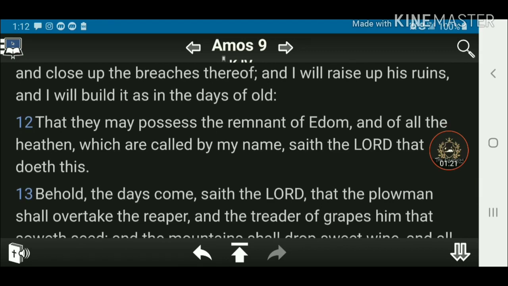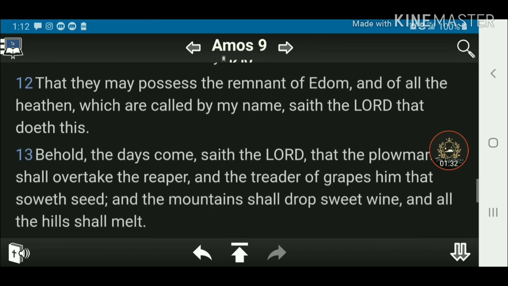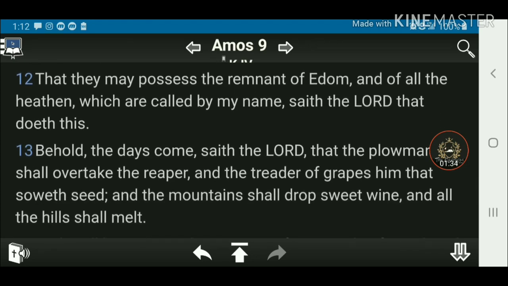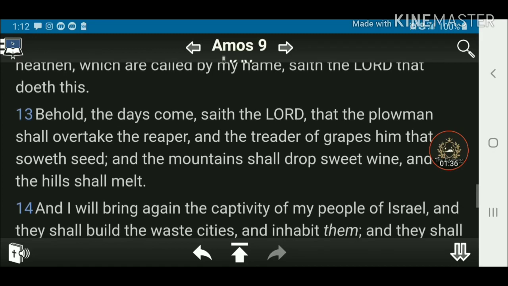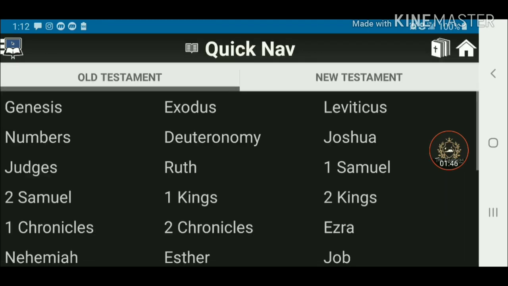And I will raise up his ruins, and I will build it as in the days of old, that they may possess the remnant of Edom, and all of the heathen, which are called by my name, saith the Lord, Yahweh, that doeth this. So, he's doing this so we can possess the heathen, and that's the grape harvest. And we can go over here and look at the precept on that